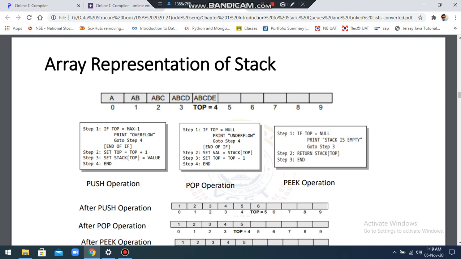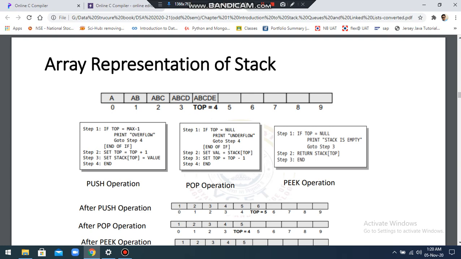Next operation is pop operation. When you talk about pop operation, you're talking about deleting an element from the stack. To delete an element from the stack, we have to always check whether the stack contains at least one element in it. If it is not the case, it's an underflow condition, which can be checked with the condition top is equal to null. So if your top is pointing somewhere here, -1, it indicates it's an underflow condition and you cannot remove or delete an element from the stack.